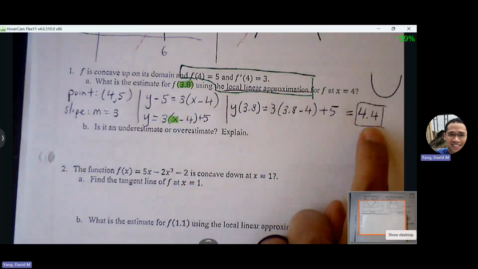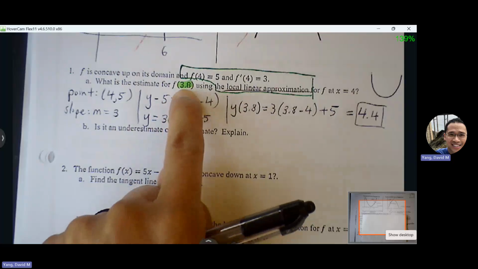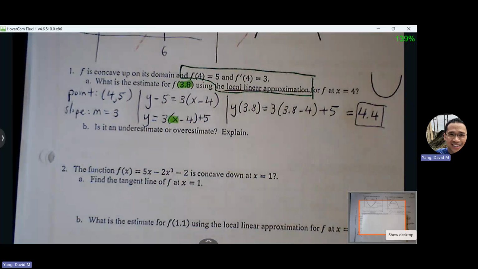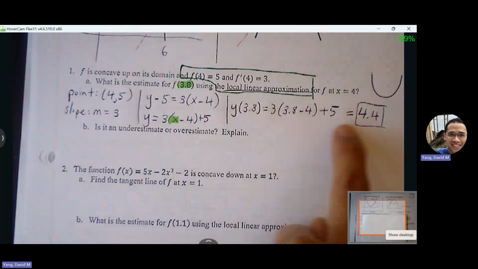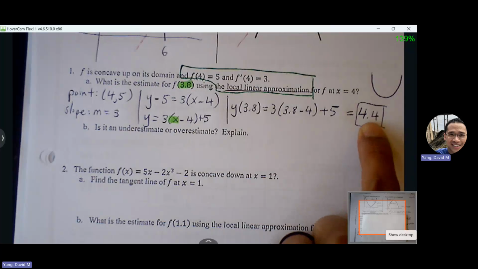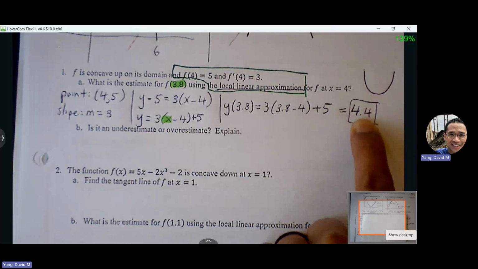So this is not the exact value. The exact value would be if I were to plug 3.8 into the original function, which we don't have any more data of what that function is. But all we have is the information for our tangent lines. So we know that our approximation of whatever the actual value is, based off of our linear approximation, is